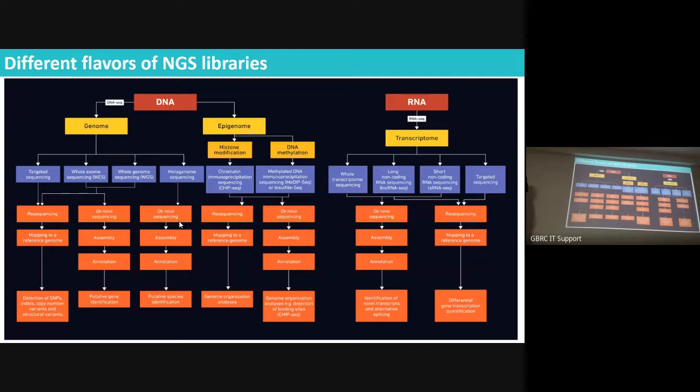You also do whole exome sequencing, do assembly and annotation, and you do the putative gene identification for any other samples. And the same is with whole genome sequencing. If it is de novo sequencing, again, you try to understand. For example, we are trying to do the lion genome sequence, so that sequence was not published previously. So you know that it is a eukaryote with a C value,